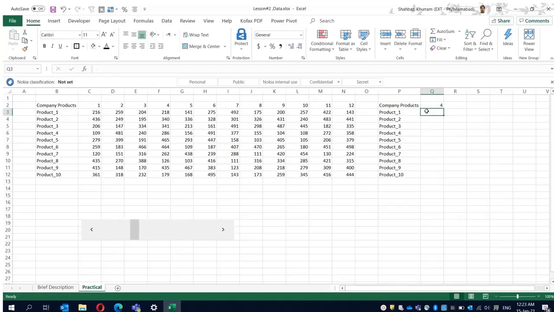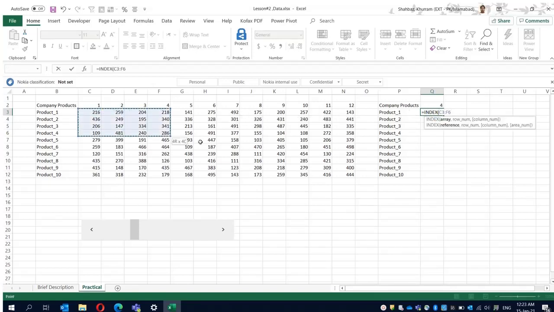So making the graph, and actually with our final purpose is to make the graph between these two columns. So initially I will fetch the data in the column Q, then we'll go for the graph. I already mentioned to you that I will be using the index and match function for this case. So I will initially use the index function, click OK, then I will select this range,